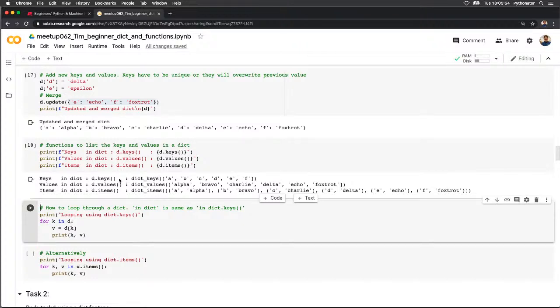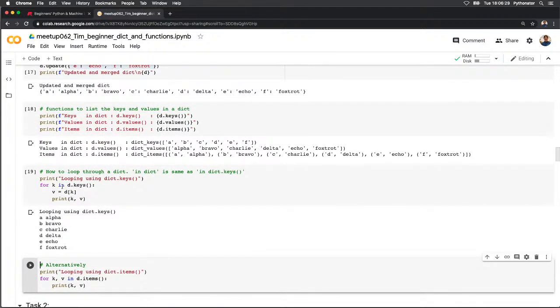So we want to create a loop and do everything. Say we wanted to use the keys function to loop through the dictionary. Every time we get a key, we store it in the variable k. Then we look up what the value in the dictionary is for that key and put it in a variable v, and then we can print k and v. So I'll just type in .keys here. And that's looping using the keys function in the dictionary, and we get A, Alpha, B, Bravo, C, Charlie,